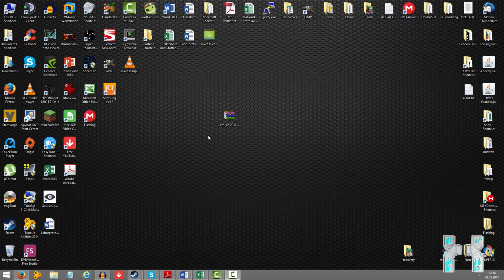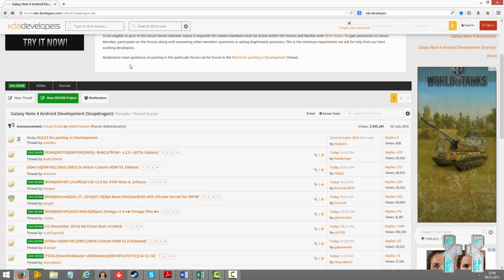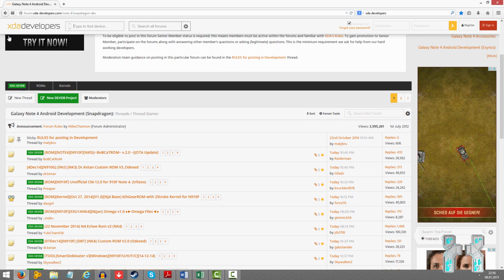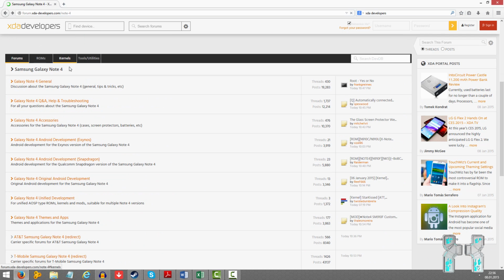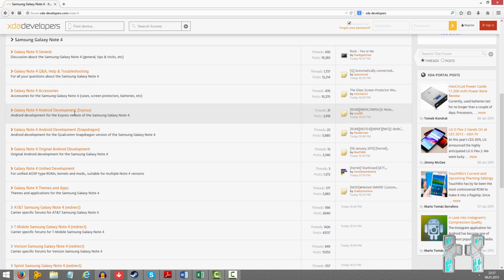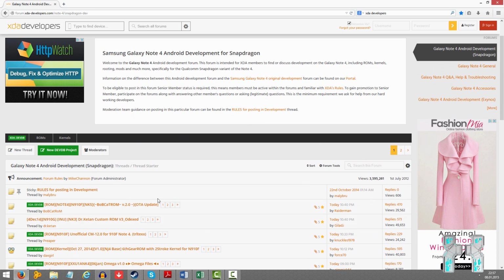Alright ladies and gentlemen, we're now on the computer and I have already downloaded the CM12 unofficial build from December. And let's just have a look at the XDA website. So here in the forum you can enter Note 4 and this will take you to the general Note 4 development page, and here you have to choose if you have the Exynos version or the Snapdragon version. In my case I have the Snapdragon, so I will choose this,